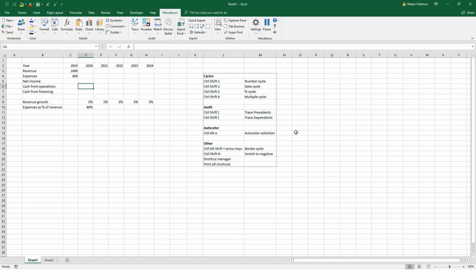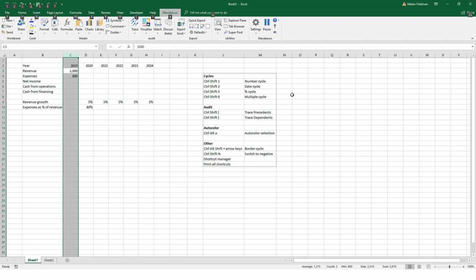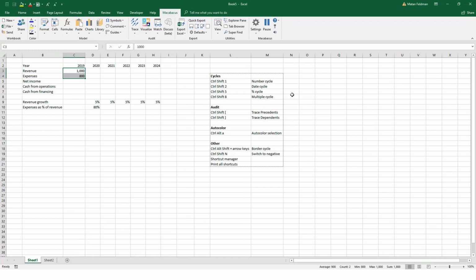So let's get started. Probably the most common set of shortcuts are called formatting cycles. Basically, if you've got a bunch of numbers, Control-Shift-1 is the number cycle. I've highlighted a whole bunch of numbers that I want to toggle through a variety of cycles on. Let me make this column a little bit larger so you can see the number signs. While I'm holding Control-Shift and I keep hitting the number 1 repeatedly, you see I toggle through a variety of pre-built formats